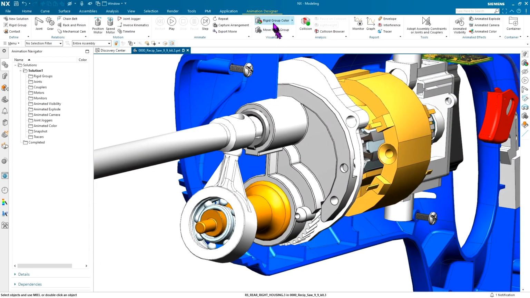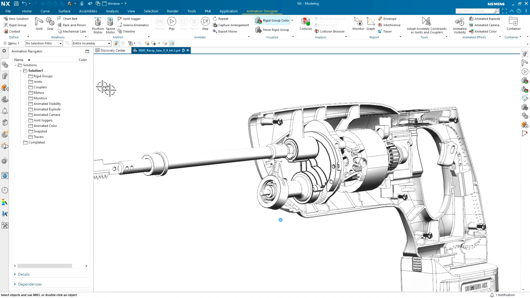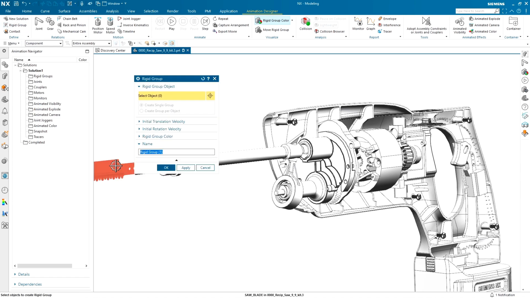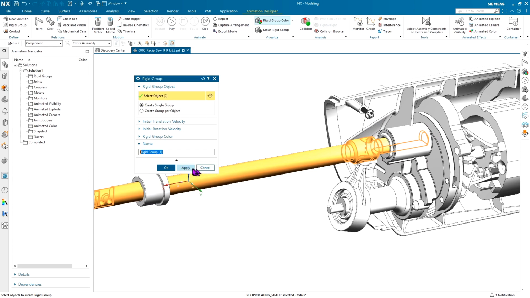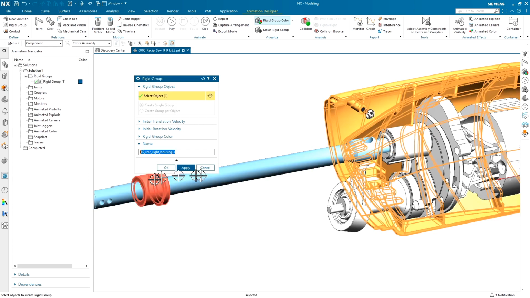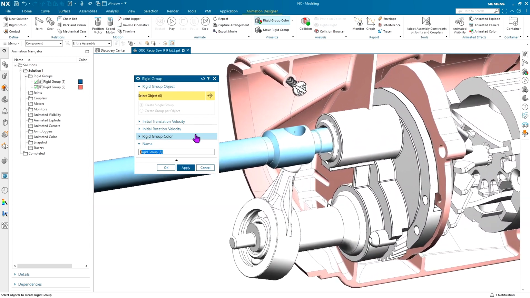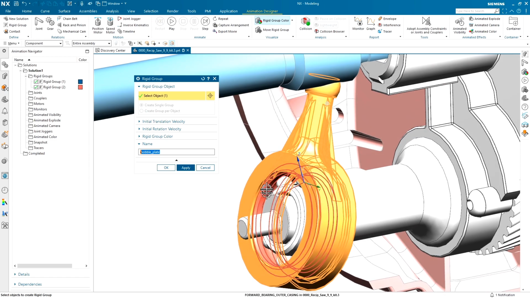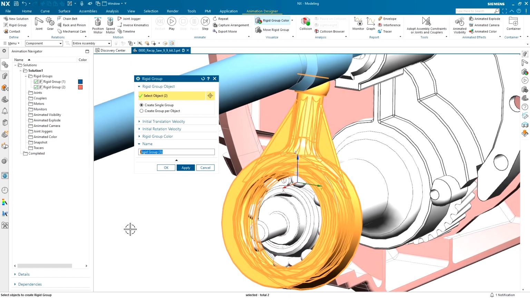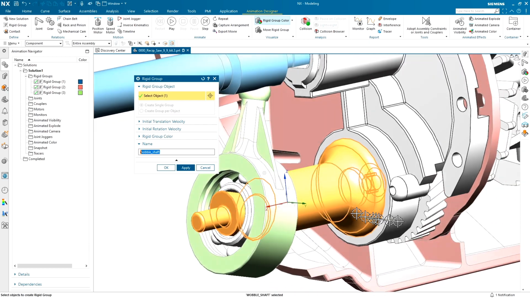We will first need to tell the system what can move, and that's done with rigid groups. A shaft and blade are connected, so I'll group them together. The case and bearings are all fixed, so we need to group them together as well. This weird oscillating part and the bearings race all move together. Then the drive shaft, gear, bearings race, and balls need to be grouped.